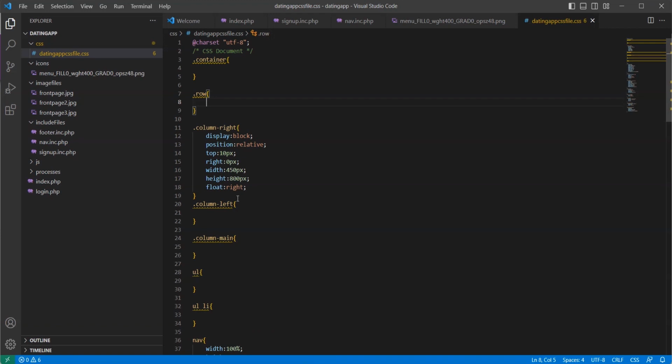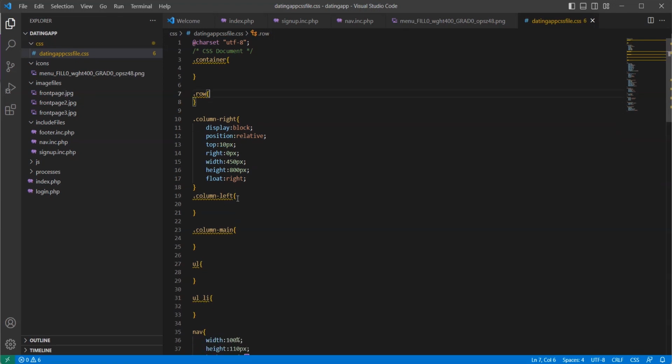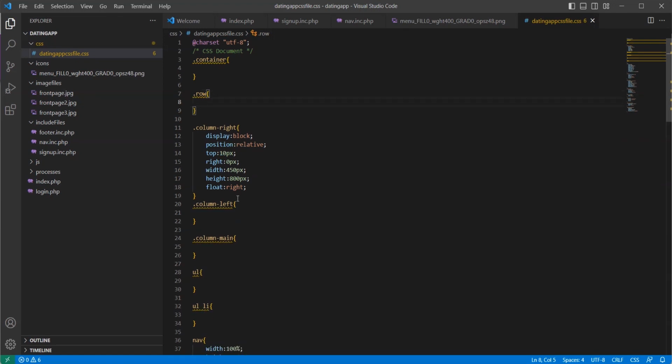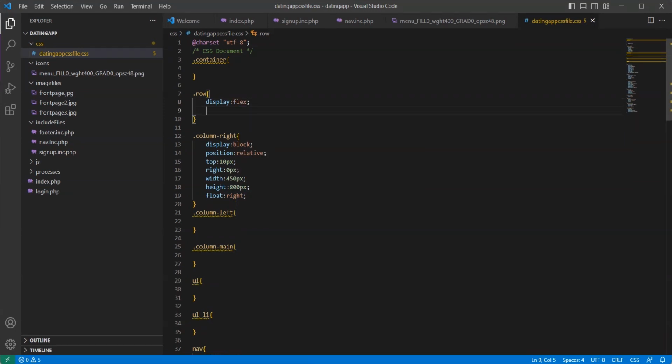So row, and then I want us to use display to be flex, and then flex direction to be row,